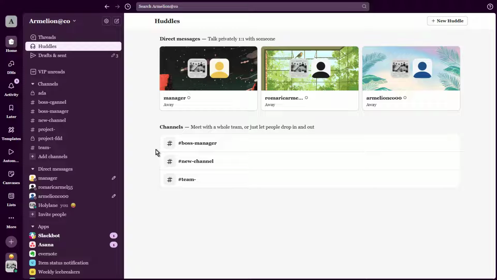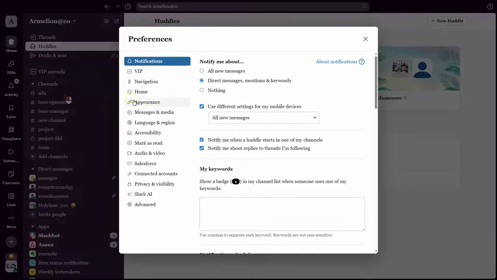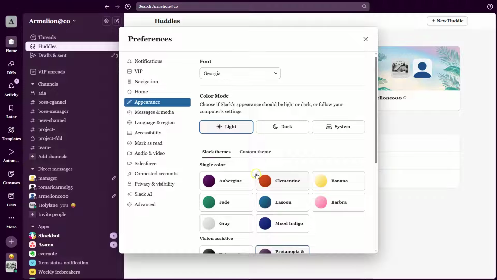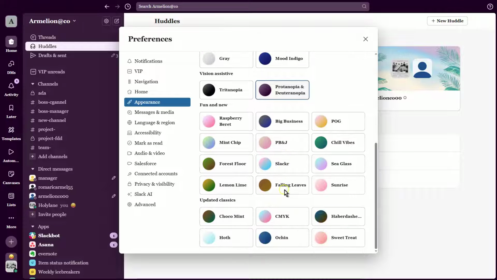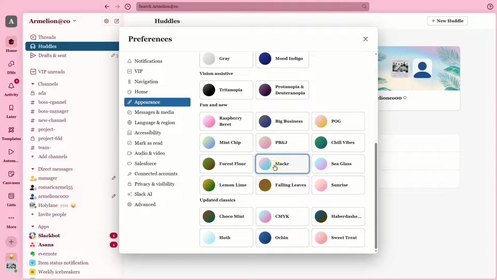Today, we're diving right into the nitty-gritty of customizing your Slack workspace. First off, let's get into altering your workspace's appearance. You'll find this option under Preferences, then Themes. Here, you can select from a range of preset themes or even create your own. This is crucial as it allows you to set the visual tone of your workspace, which can impact your mood